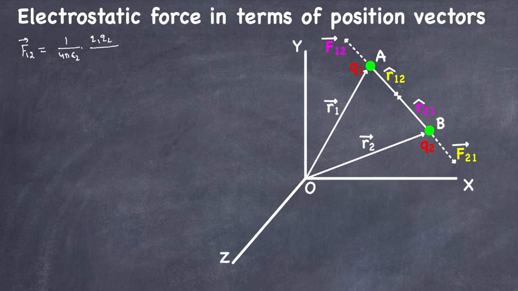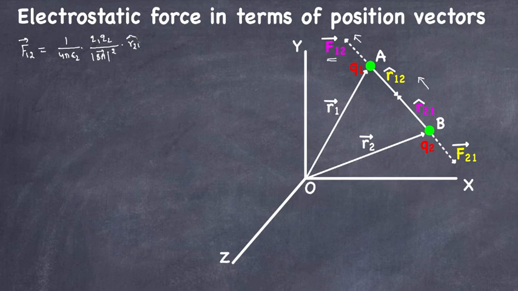The distance is basically BA, but we're going to write the magnitude, so that will be the magnitude of vector BA, squared, and the unit vector that will describe the direction of the force, because force is going from point B to point A. The force on charge 1 due to 2 is in this direction. So that will be represented by this unit vector over here,